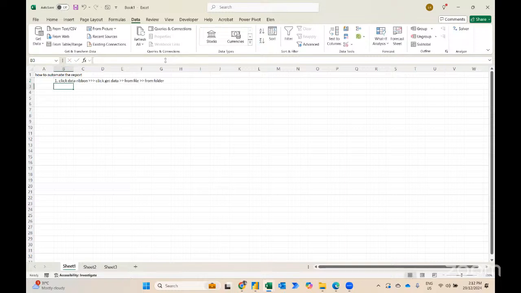Then once you go to folder, you'll notice that a box will appear. You need to know where you saved the file, because sometimes we save the file on the desktop, in documents, or in downloads. So a box will appear. I want you to click on the claims folder. Once you click on the claims folder, another box will appear, and what I want you to do is press